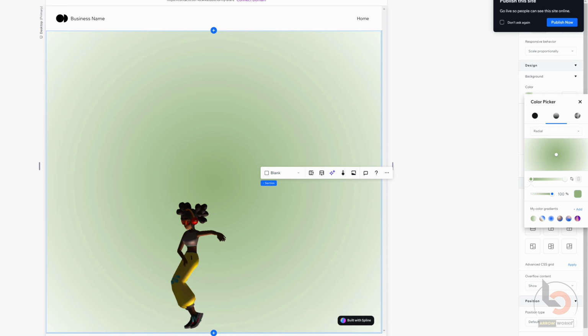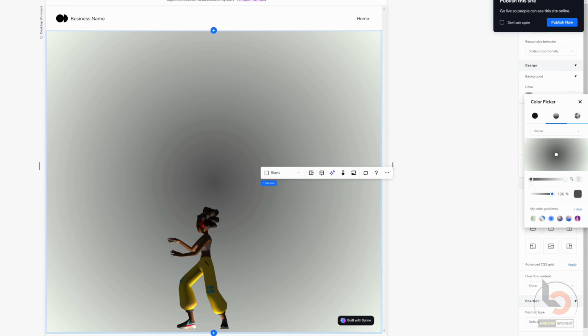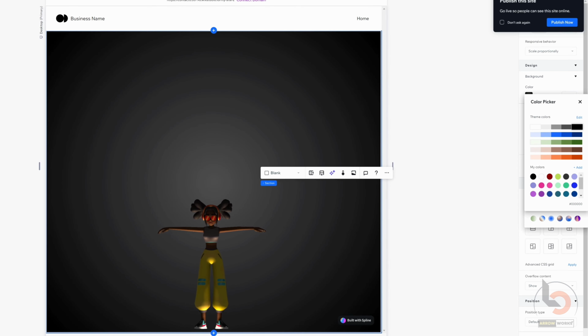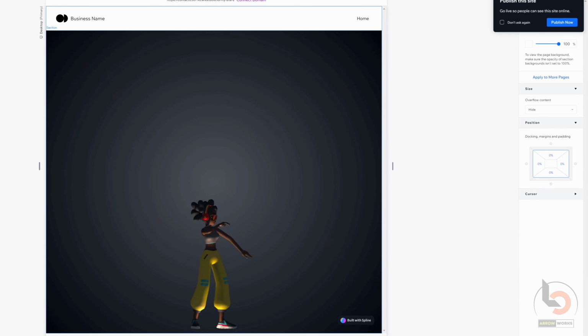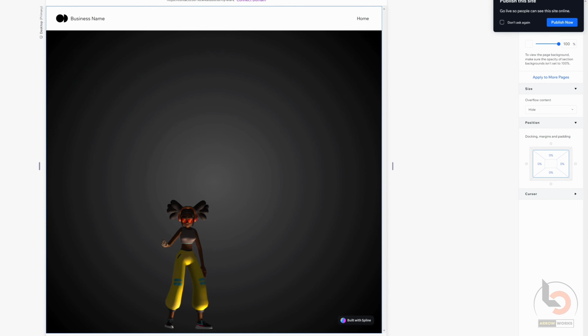And for the first value here, we're going to do a gray, and the second value here is going to be black. So let's pick black like that. That's pretty cool already. If you want to keep it like that, feel free to add a tint of color to it as well if you want. All right, so let's also add the